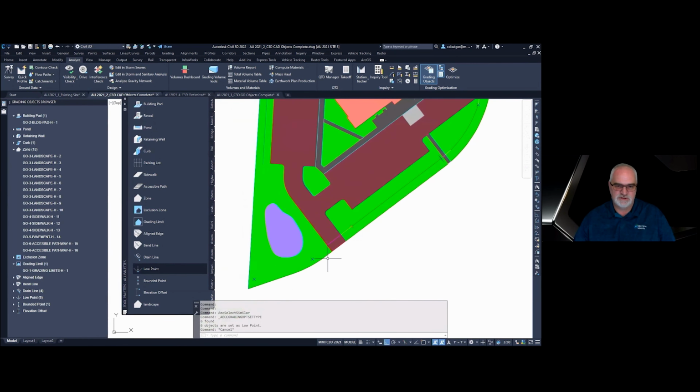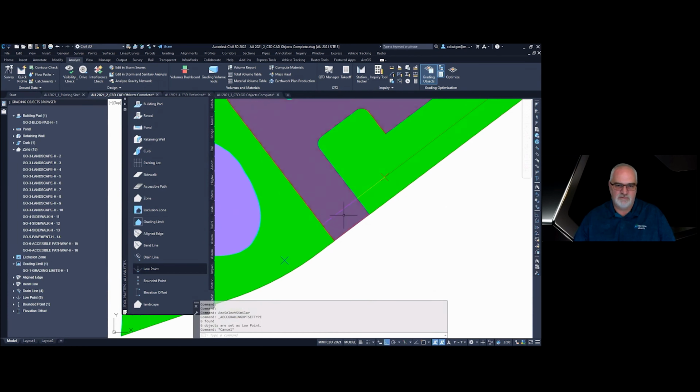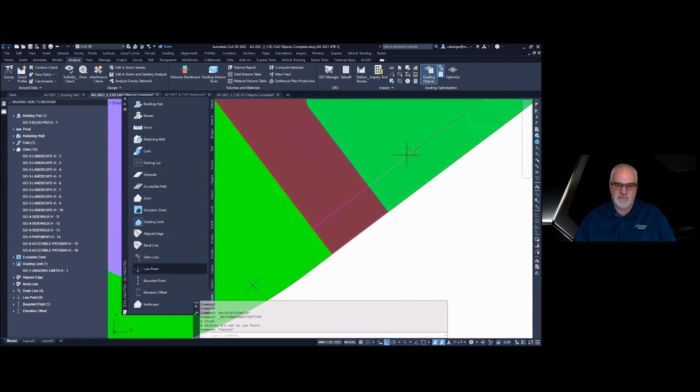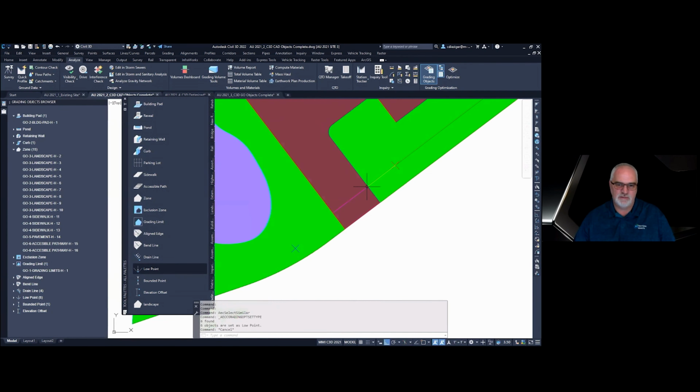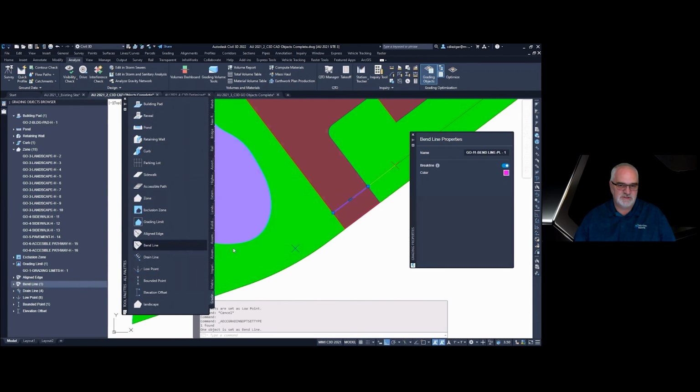So like, for instance, here we have an entrance. Well, we have that pipe going over underneath it. I need to make sure I have 2 feet of cover or 18 inches of cover over that pipe. So I'm putting what's called a bend line right here. And that's your crest break line. So the top of the slope. So this is going to be a high point within it. And I'm telling it to be a break line.